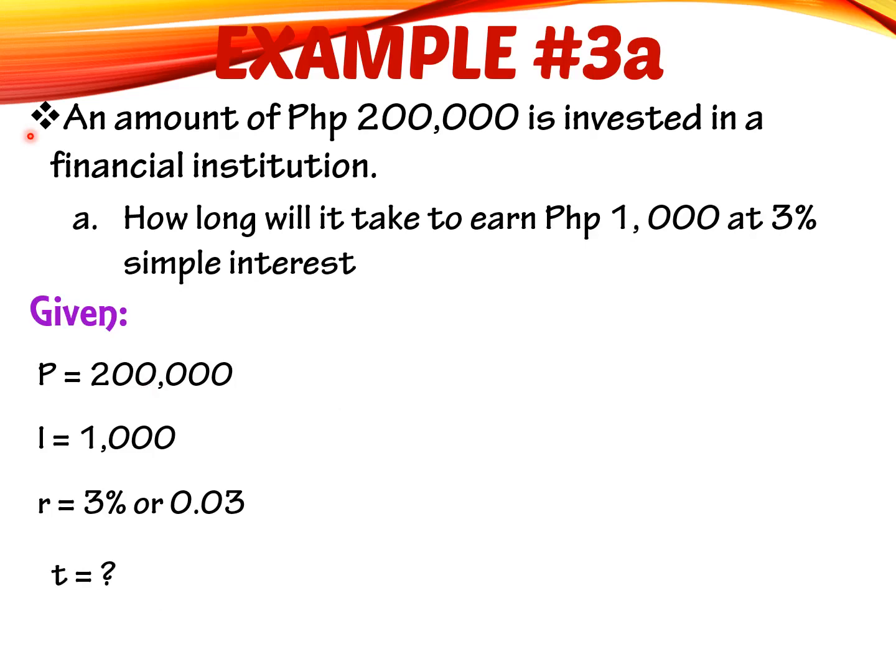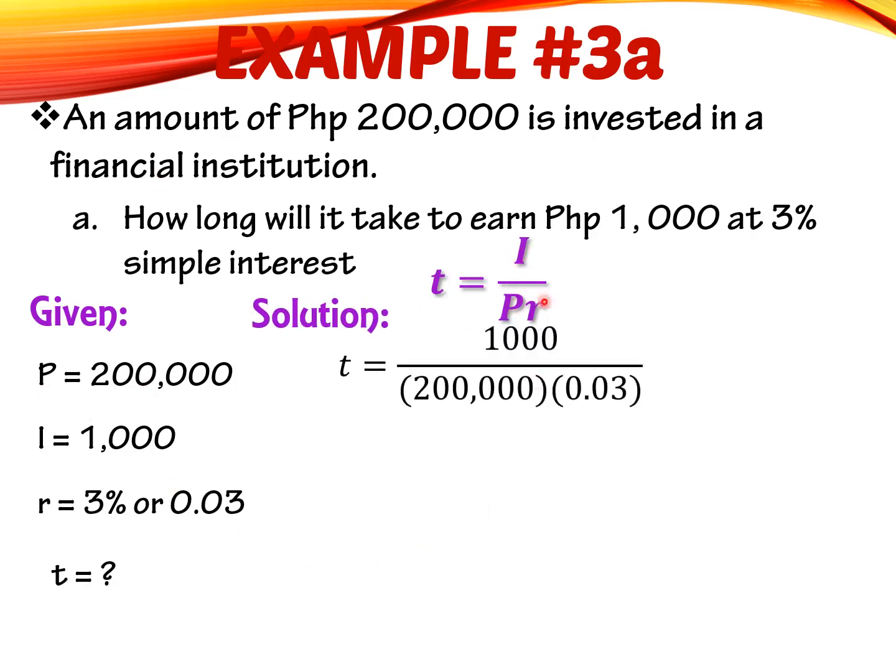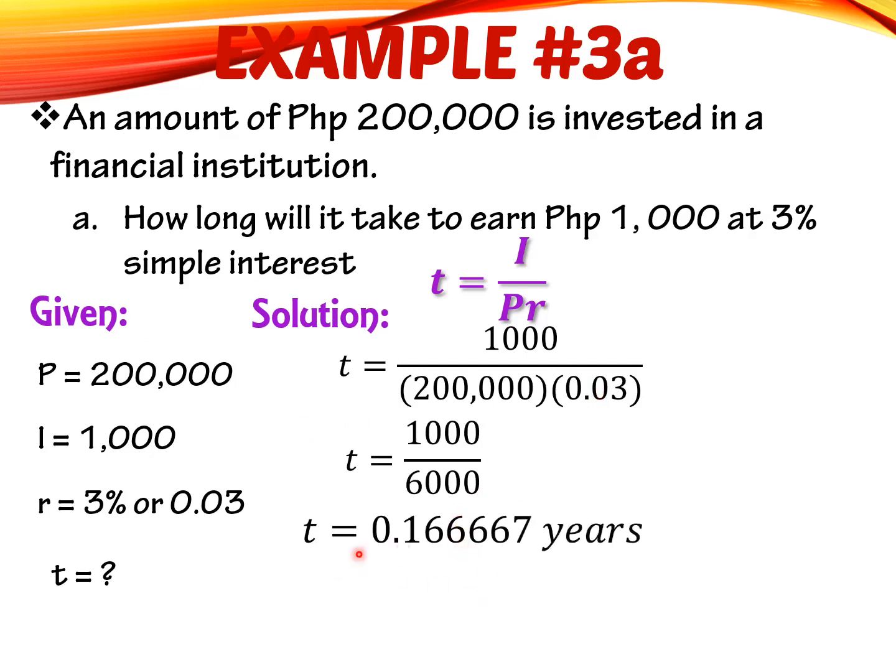Okay, to find the time, we will be using the formula T is equal to I divided by P times R. Okay, substitute the given. So you will have 1,000, the interest. Your principal is 200,000. And your rate is 0.03. So you just enter this one in your calculator. This will give you 1,000 divided by 6,000, or 1 over 6, or in decimal you have 0.16